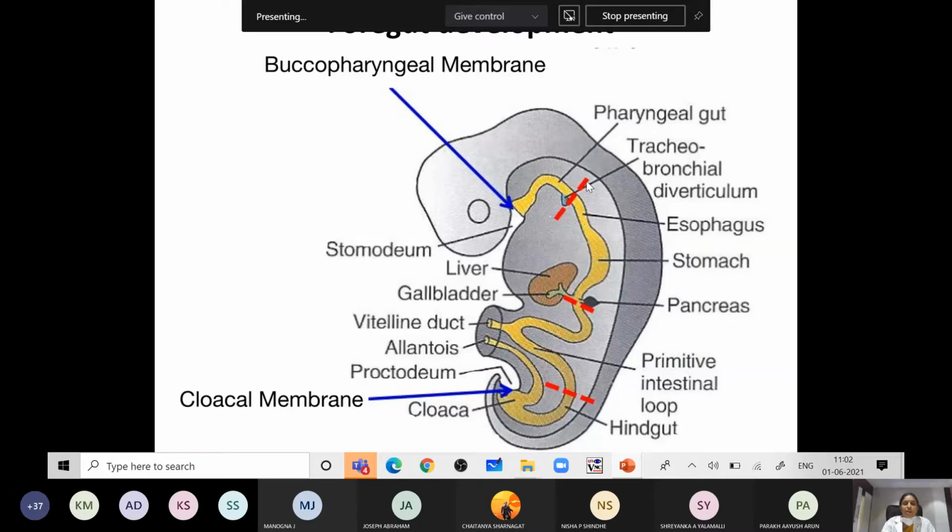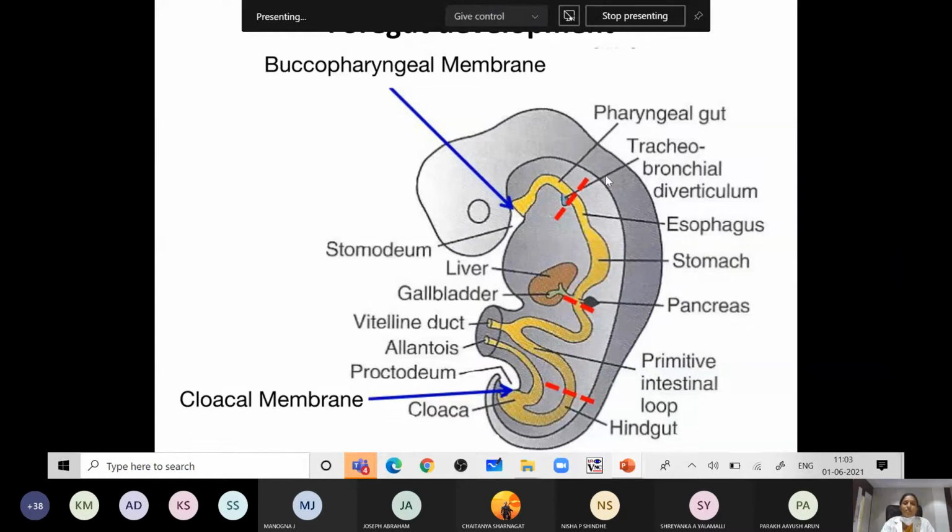So now today we are concentrating on development of the foregut. See here, in the foregut, only a part of it was covered by me. That was the respiratory system, right? Development of the lungs, which I have already covered. So you all know the respiratory system, the lung buds, they develop from a small diverticulum from the mid of the foregut, right? So caudal to this respiratory diverticulum, we'll see what are the structures which develop.